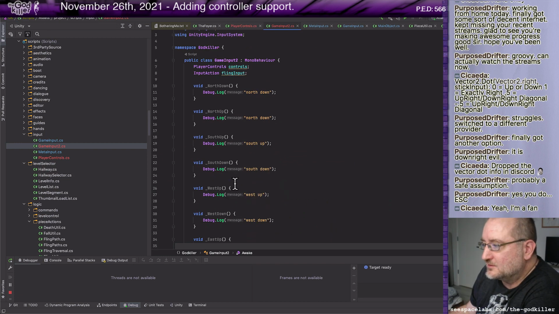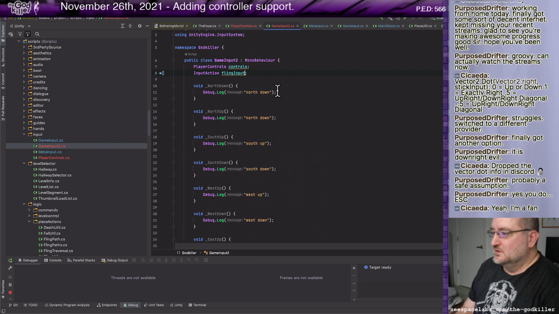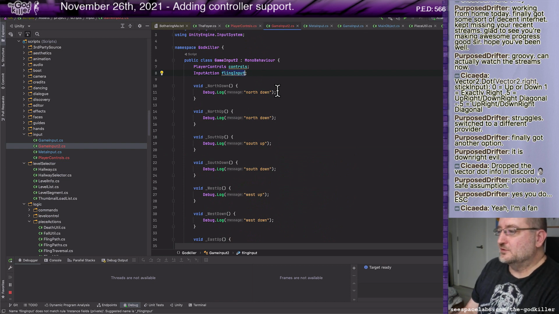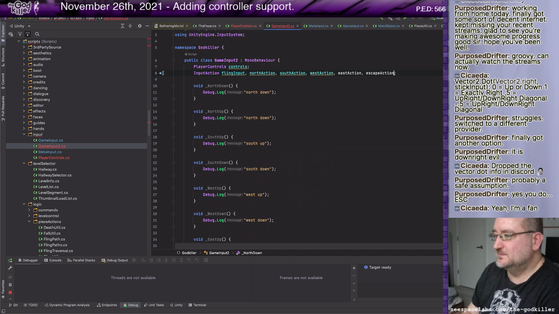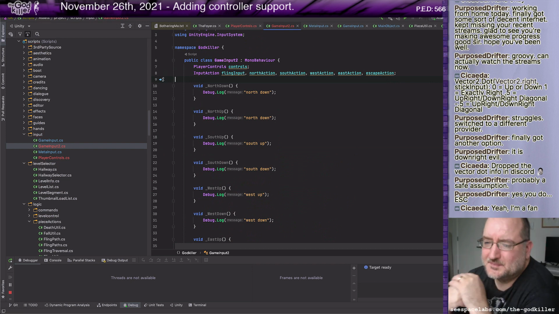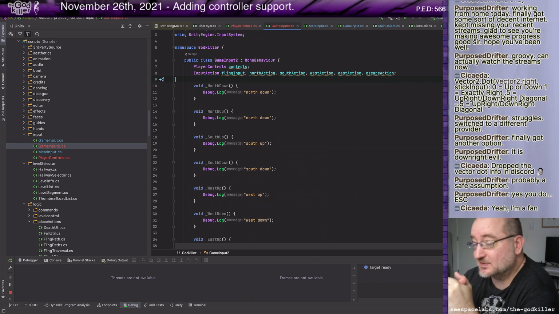Okay, so now the input actions are pretty good. Let's just set up north action, south action. Okay. Those make me think a little bit about what I'm going to need to make sense of that analog stick.